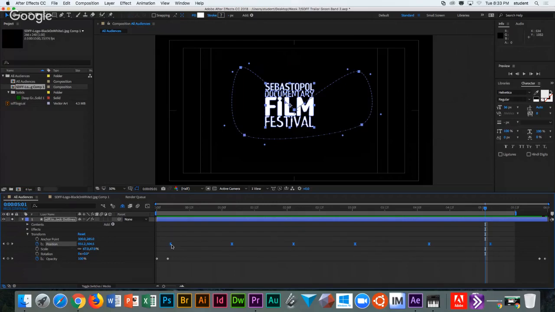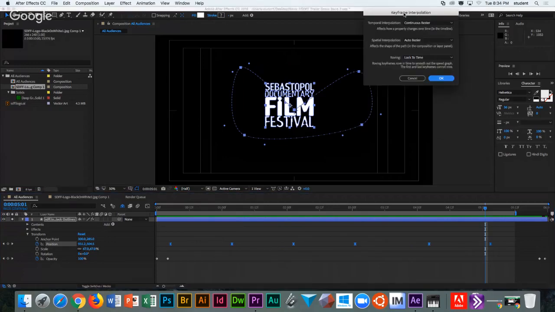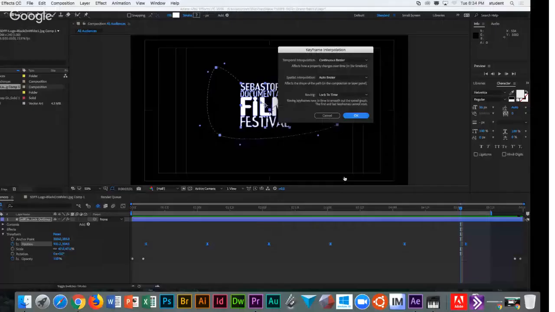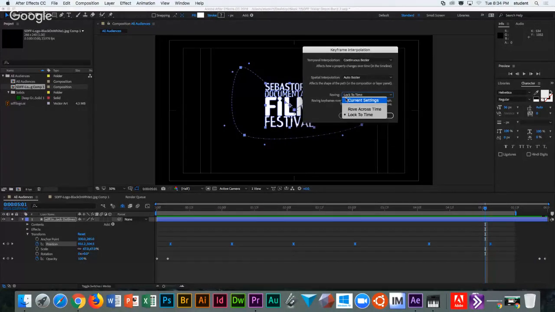Let's talk a little bit about the last option that was on there. When I showed you this option in the slide, you notice it was grayed out. So when you only have 2 keyframes on an animation, you can't use this option. But what roving has to do with is that if you have multiple keyframes, you can actually choose how these keyframes behave in terms of their relationship as the object is moving through that keyframe and onto the next one. You can actually lock it to time, which is the default,